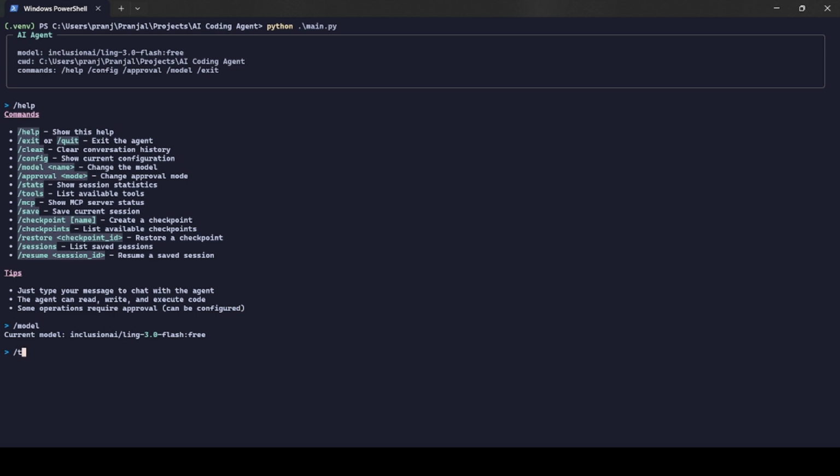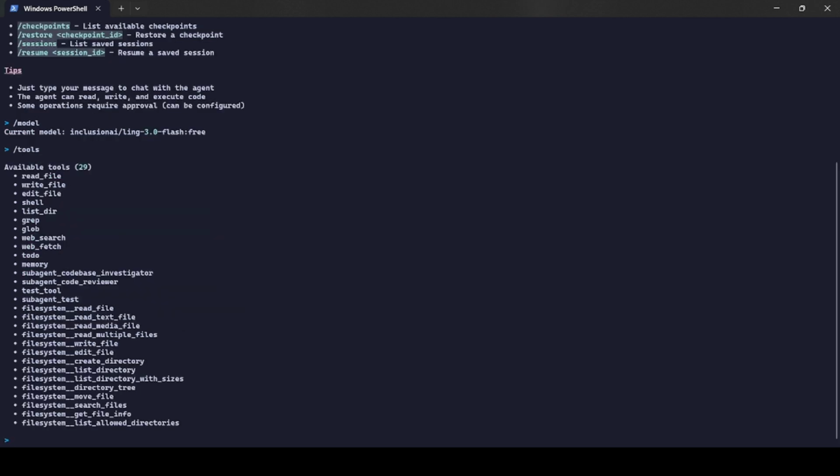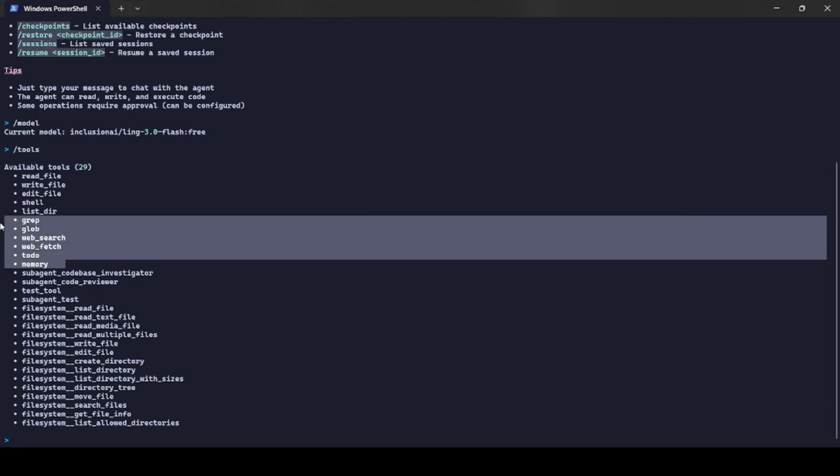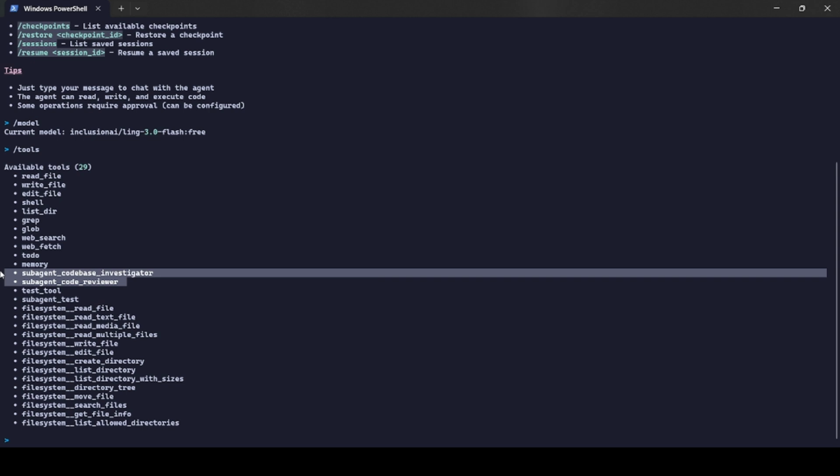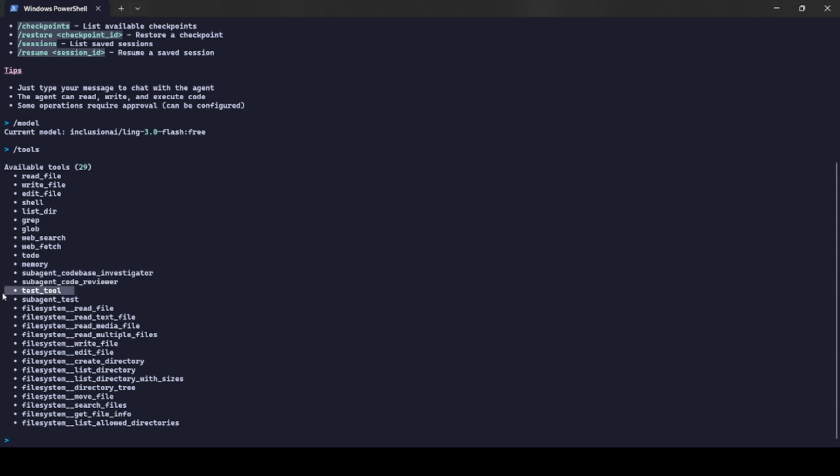Then let's go over to the tools that are supported by our coding agent Forge. So these are the tools. It supports 29 tools, out of which these are the inbuilt tools. These are the sub agents. We'll go over what sub agents are. And this test tool, it is basically